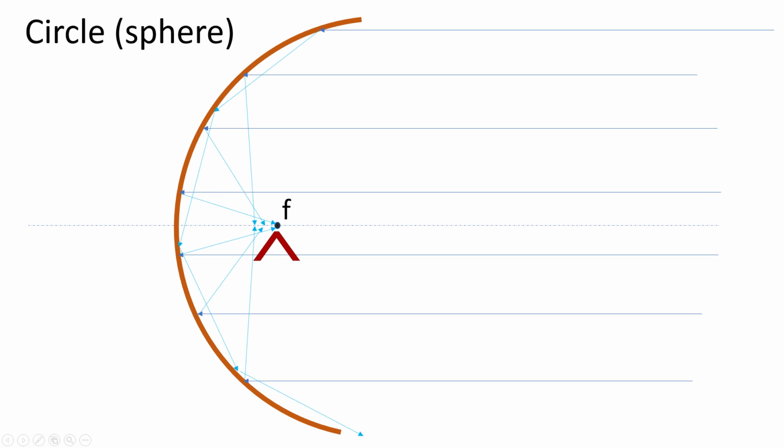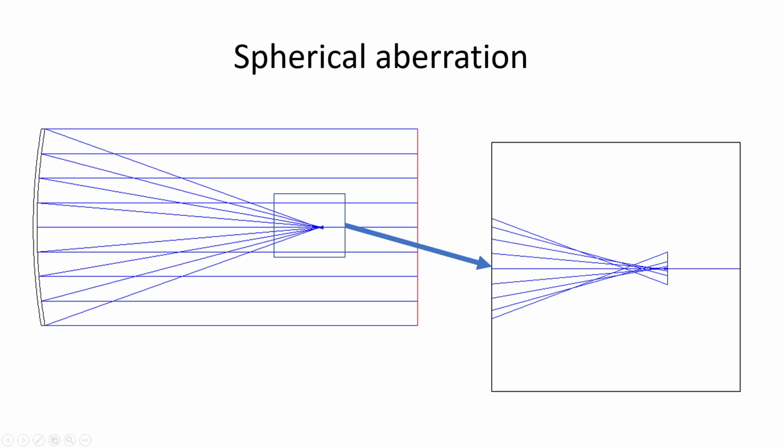So rays reflected in the very center of the sphere will reach the focal point quite well, but as we move from the center to the outside of the mirror, the rays are reflected to points further and further behind the focal point. And this effect is known as spherical aberration, and it causes unsharpness and loss of contrast in the projected image. So here the effect is strongly exaggerated, but normally we would use a mirror that contains only a small fraction of the total surface of the sphere. But even then, if you zoom in on the focal point of a spherical mirror, the aberration is always there.